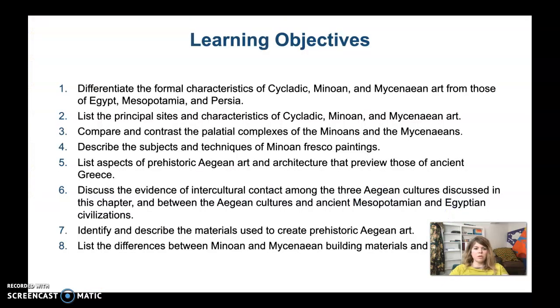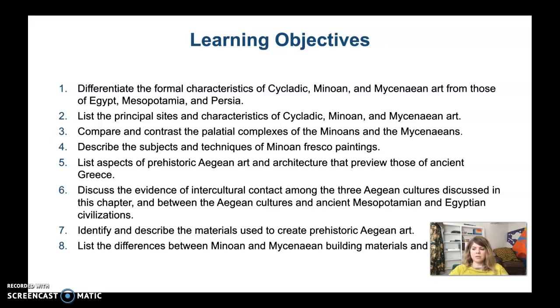We're going to differentiate the formal characteristics of Cycladic, Minoan, and Mycenaean art from those of Egypt, Mesopotamia, and Persia. And then we're going to list the principal sites and characteristics of Cycladic, Minoan, and Mycenaean art. We're going to compare and contrast the palatial complexes of the Minoans and the Mycenaeans, describe the subjects and techniques of Minoan fresco painting,